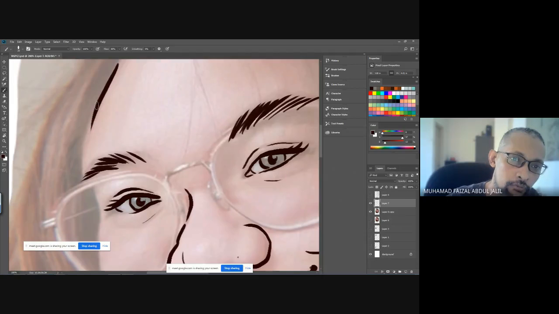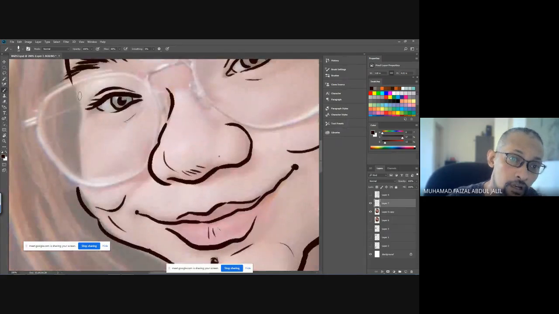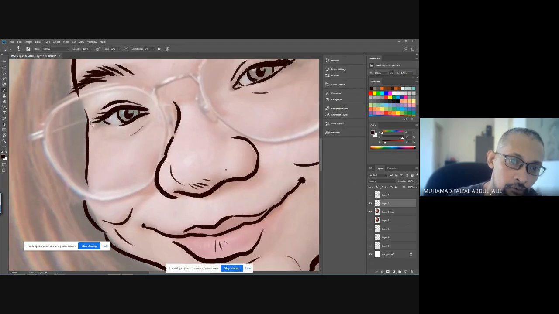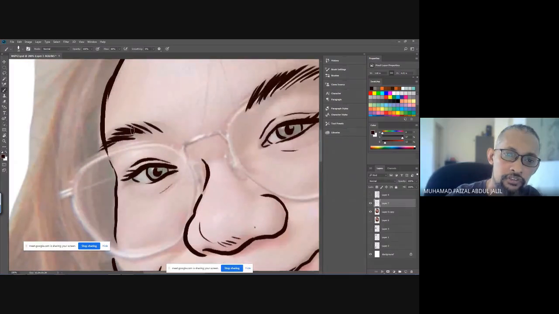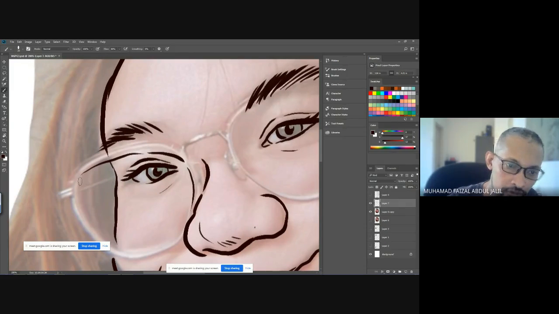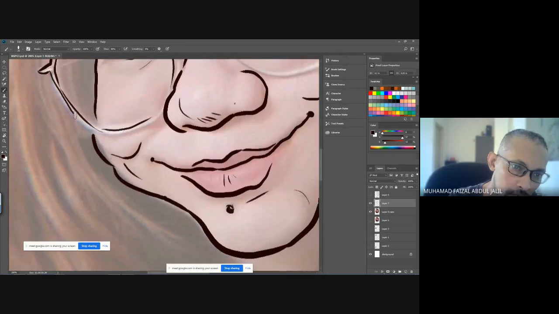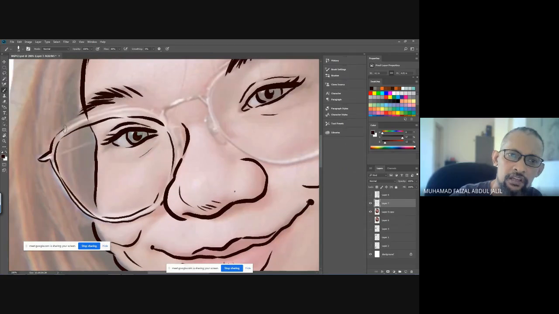So now what we can do, we start to draw basically. Okay, the line work over here is a bit more thin because she's wearing the glasses. If you want to draw the glasses using this kind of loose line, go ahead. There are a lot of ways to draw those glasses, guys, but this is one of the things that I can actually apply at the moment, because there's a lot of styles that we can use to work with